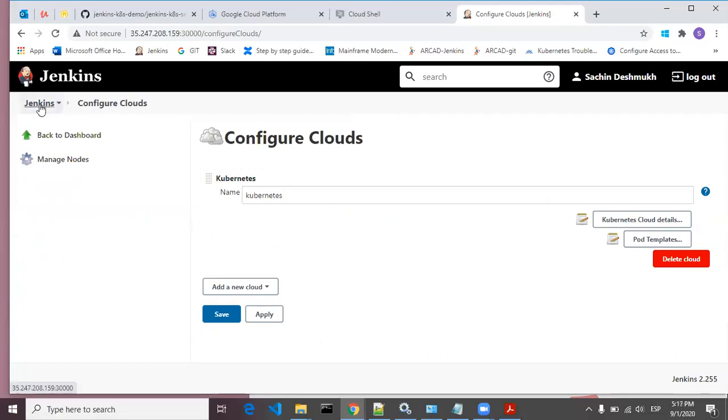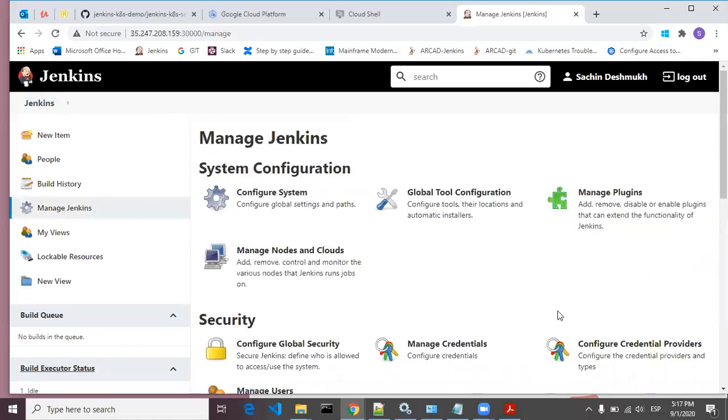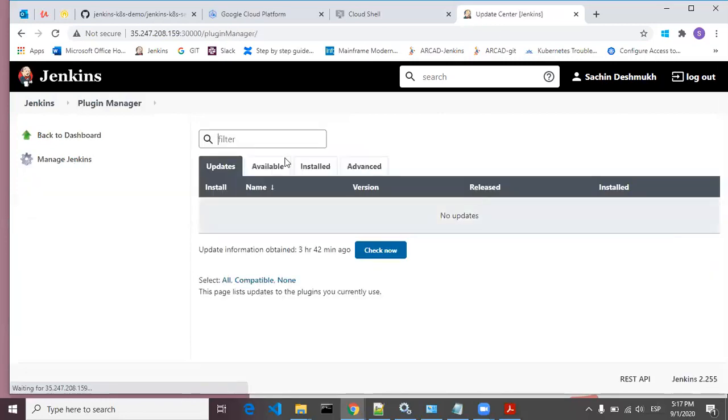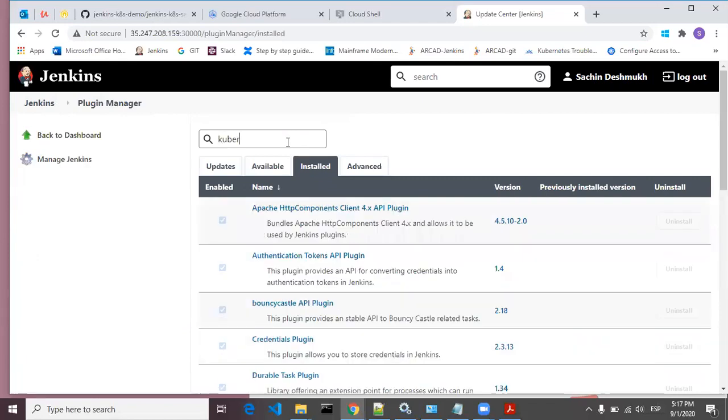So for that, you have to go to Jenkins, manage Jenkins, manage plugins, and here you have to search for the plugin with the name Kubernetes.